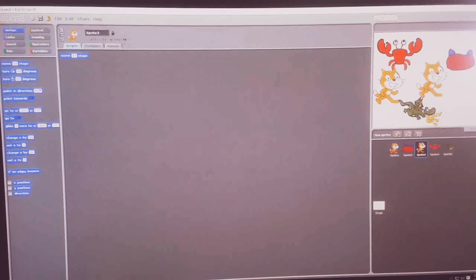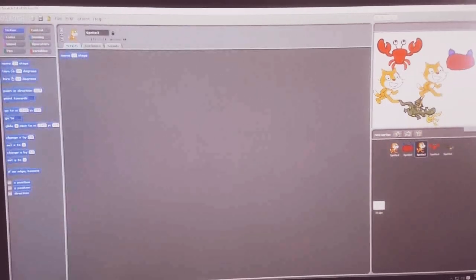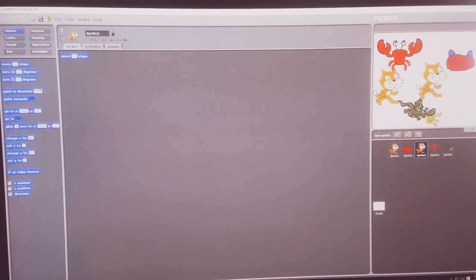You can make it full screen also. Switch to full stage. A full screen option is there also. You just click, it will start. So more options are there.